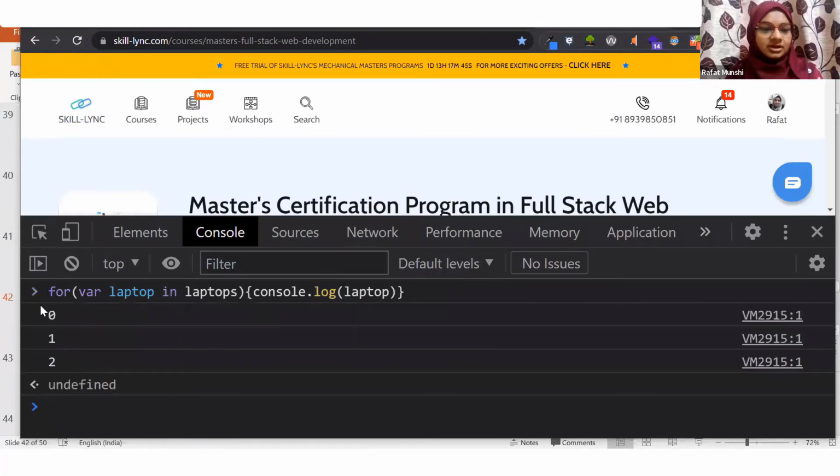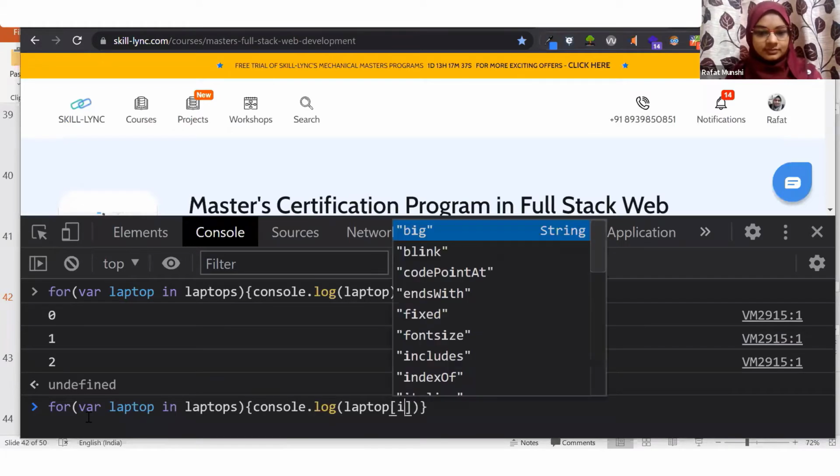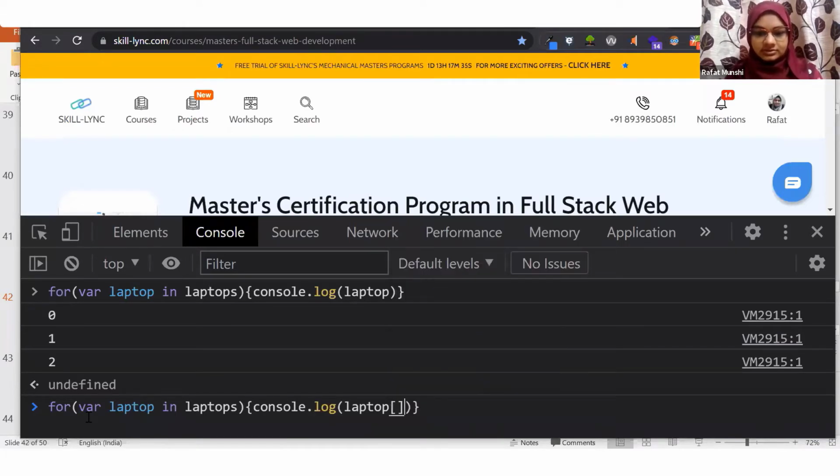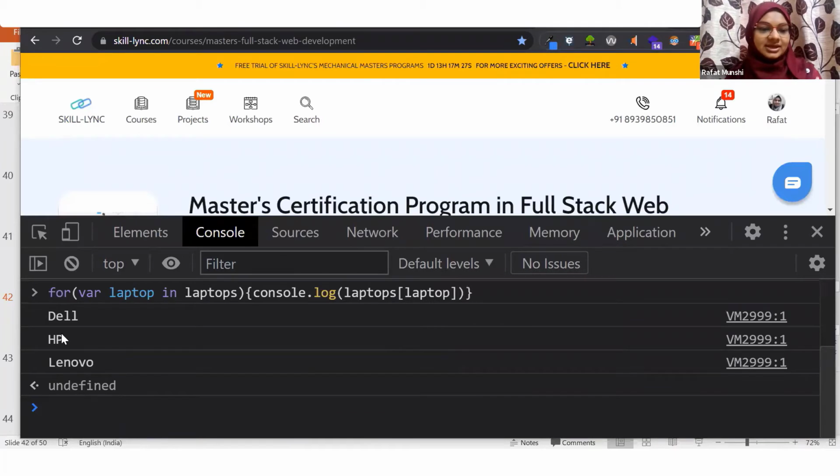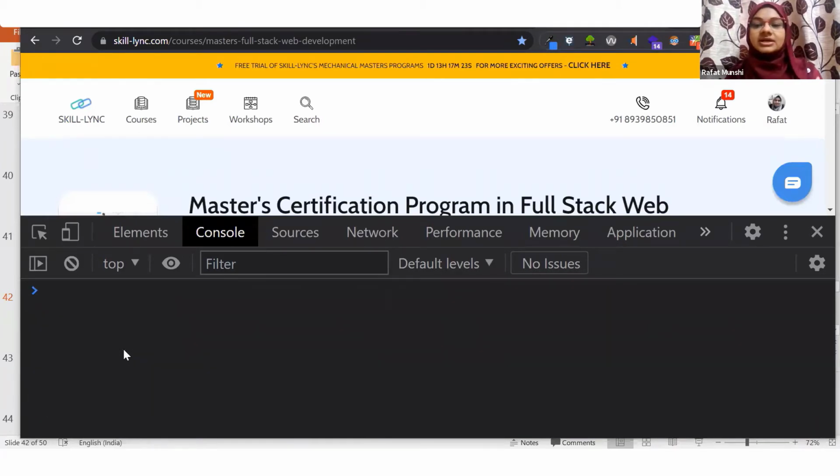Now here it is only giving the index. So instead of having this index, I want to do laptops[laptop], in my laptops, for this particular laptop, what is the value I want to know? So now I'm getting Dell, HP, and Lenovo. Now this for...in loop is actually really, really important for objects in JavaScript.